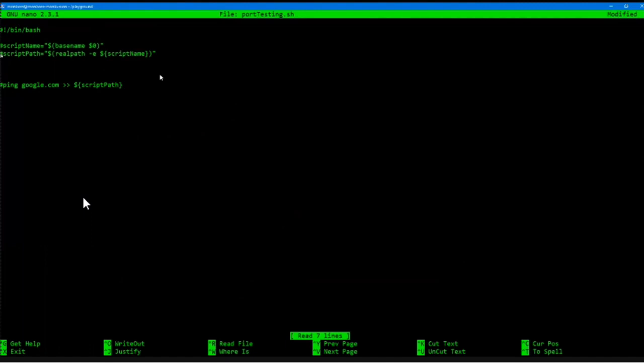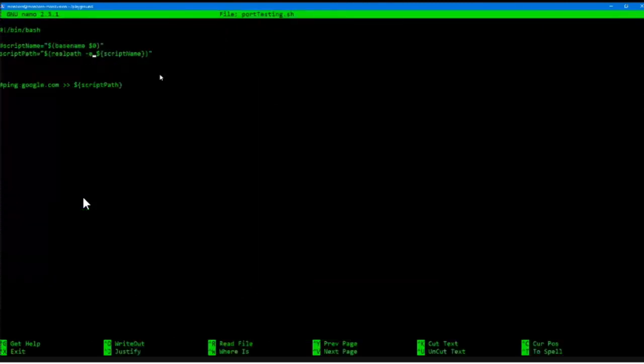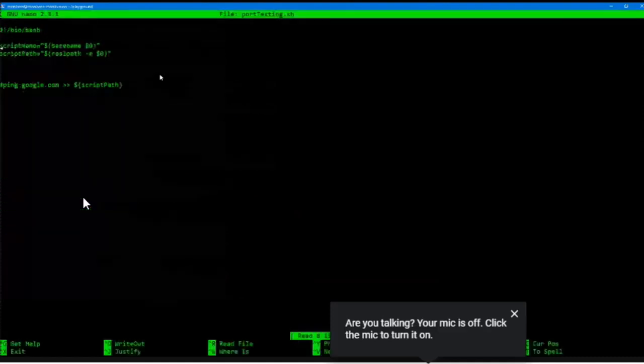Let's say I have, let me actually use this. So let's say I have the real path, right? And I want to get the path of my file. Am I doing something wrong here? Oh, okay, yeah, I see. So I'll have to do this, yeah. So let's say I have to get the path of this script, not the script name, and let me just do $0 here just to ease things off. So what I'll do is,